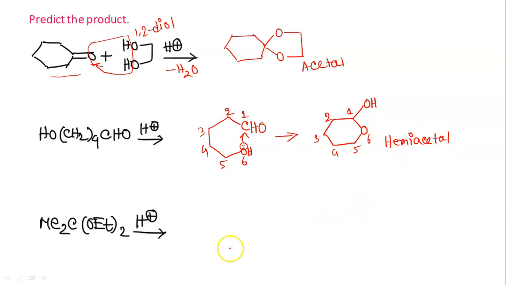The third example, here the molecule is already an acetal. Okay. So basically it is the reverse reaction, that is the hydrolysis of the acetal. Basically here one H2O molecule, I forgot to write. So this is aqueous acid. It is not anhydrous acid because it is the reverse reaction. So the compound, if I write it, it is like this.